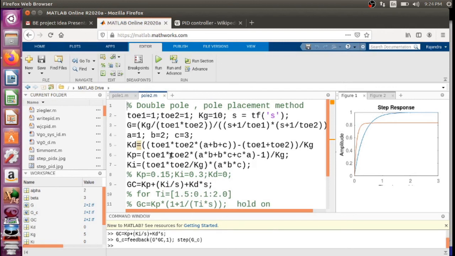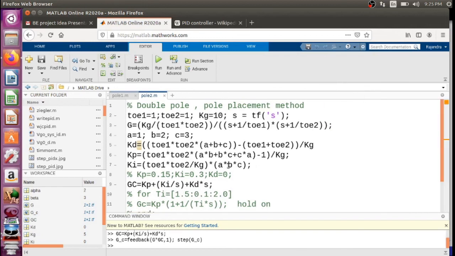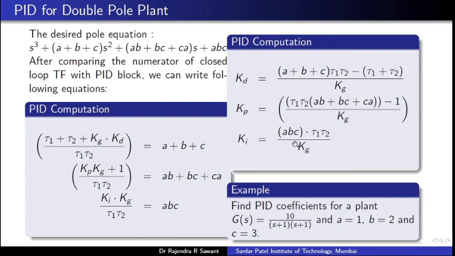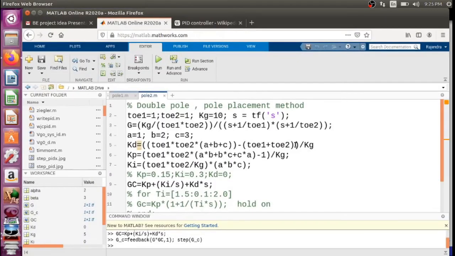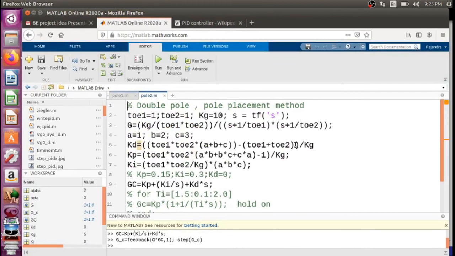And we have got the kd expression, which is written down as it is from this expression, and the kp expression, which is written down as it is from this expression, and ki is also written down from this expression.